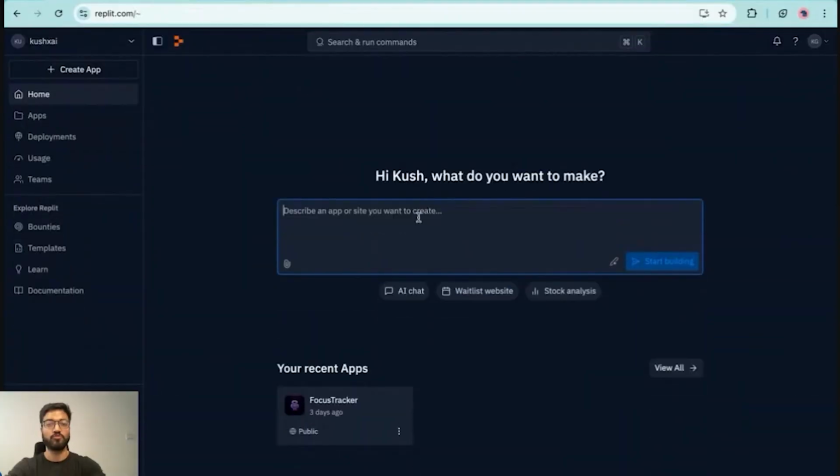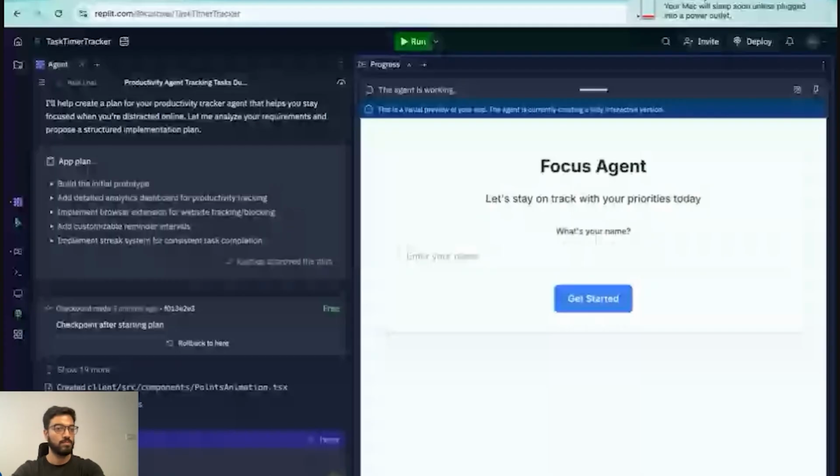You drop in a CSV of survey responses or reviews and it summarizes key themes, pulls out quotes, and gives you a short report. These aren't sci-fi tools, but basic AI agents you can create in plain English with zero coding experience. And Replit makes this super easy. You can go on replit.com, create an account, pick a starter template, type in what you want it to do, and it builds the logic with you.